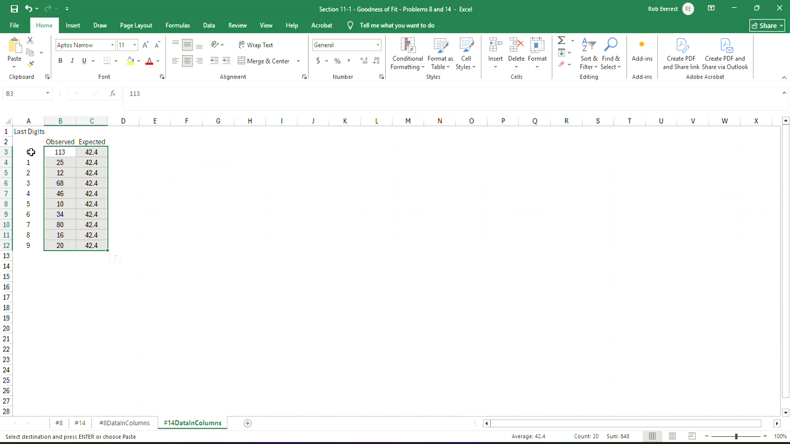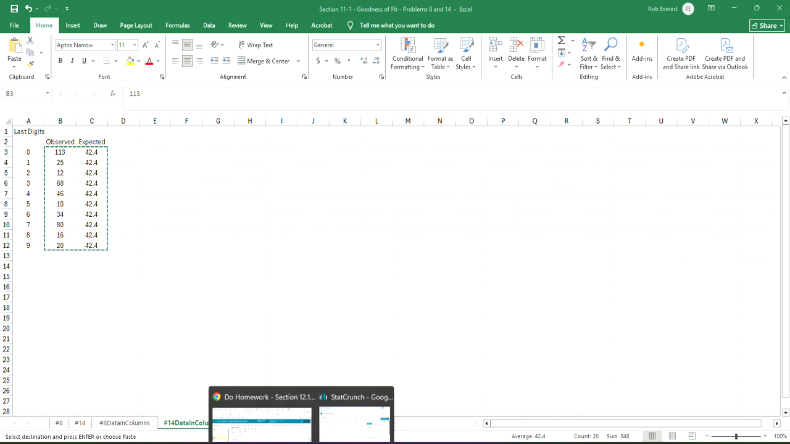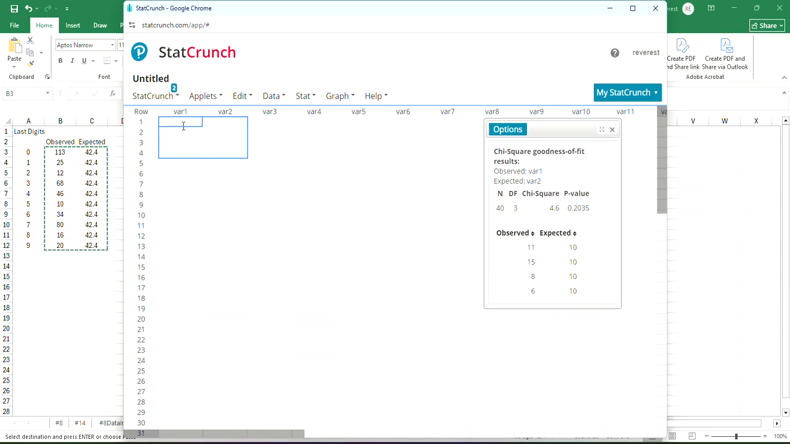A 0 at the end of someone's score happens a lot. You can see 113 times, as does a 7, because of the combinations of field goals at 3 points and touchdowns, normally with point after, which are 7 points. So I'm going to copy that and go into StatCrunch and paste those values,